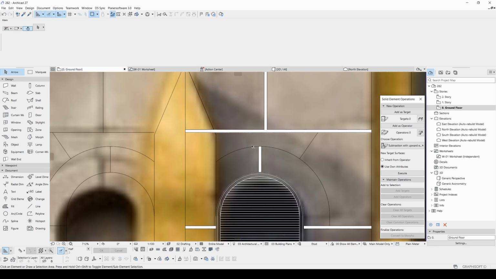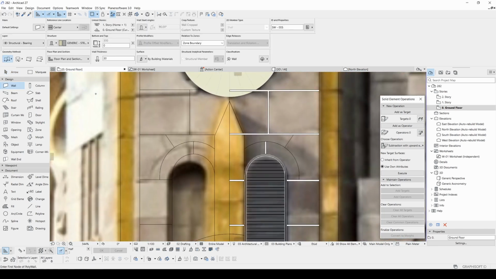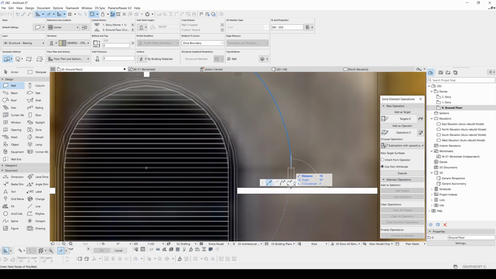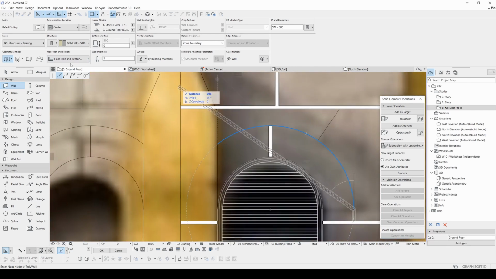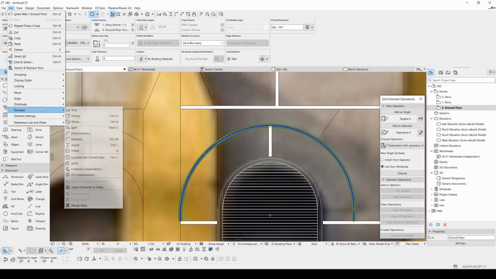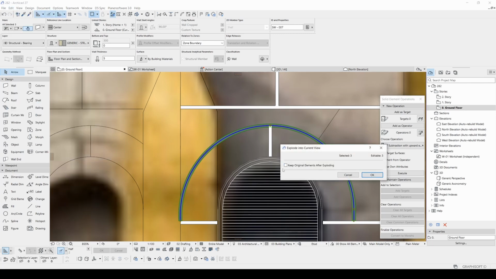And for this curved one, we will use a trick. We will use the wall tool and change its thickness to 5. After that, I'm going to hit the space and follow this line. After that, I will select this and go to Edit, Reshape, click Explode into Current View. We are going to uncheck Keep Original Elements after exploding.